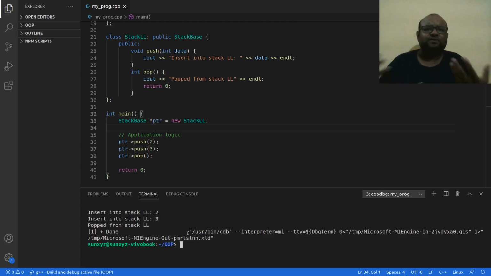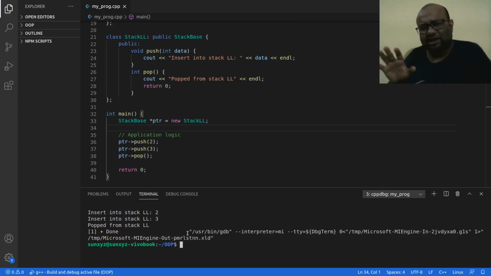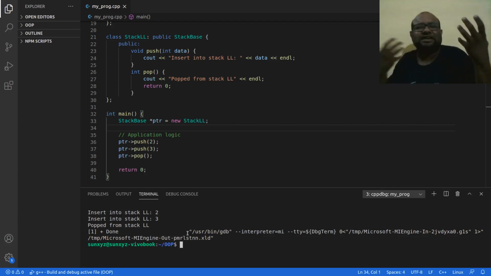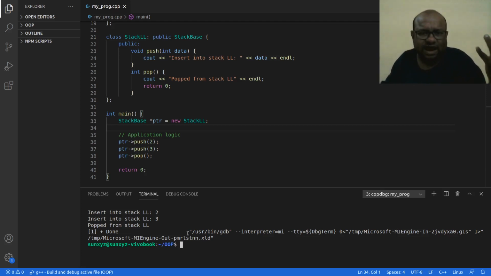So all these thousands of lines of application code that I may have, I do not need to make any changes in that. So I have made a very big change, right? I am changing from array to linked list, okay? But then this big change is hidden away, abstracted from my application code, application logic, right? So think about this. This is a very big advantage, that my application logic need not be concerned with what is the data structure that is working behind the scene.